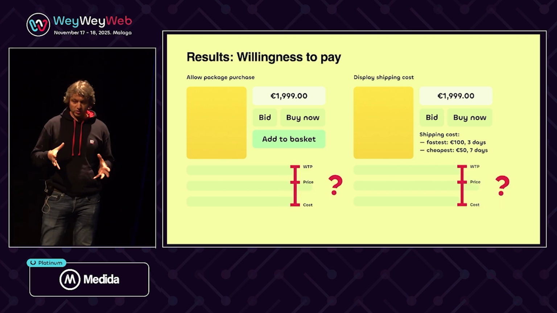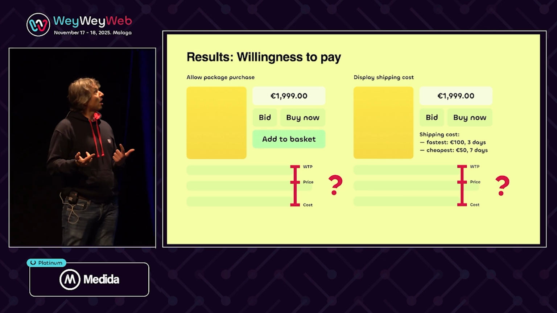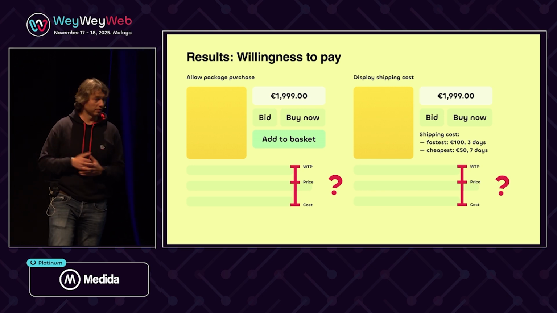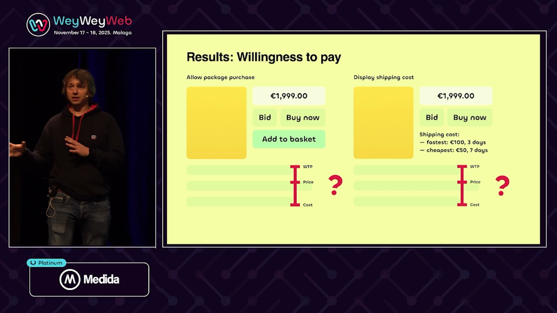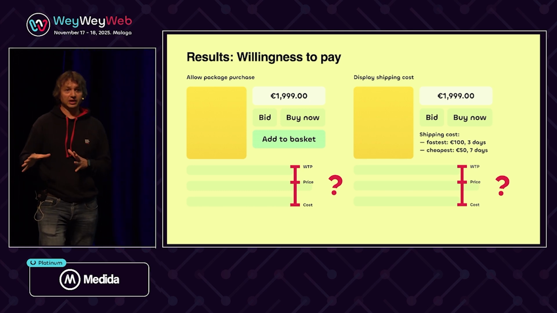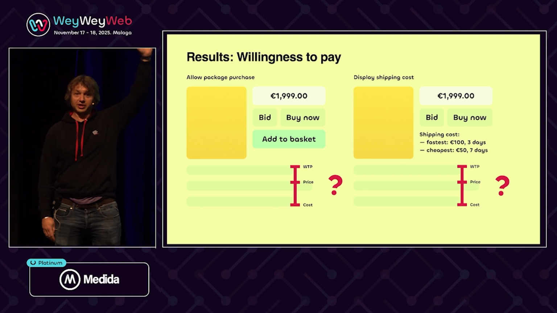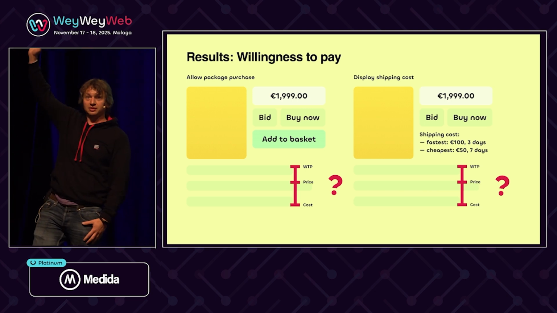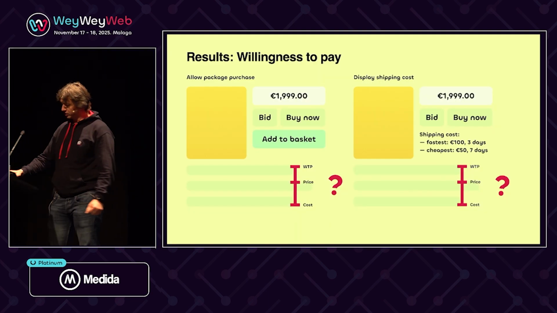But the cost is only part of the equation, and more importantly, the question is, what will impact the willingness to pay on a bigger scale? So let me check the intuition. Who thinks that the packaging feature is more valuable? Raise your hand. Okay. Who thinks it's shipping cost? All right. I think more people are thinking about shipping cost, and it's a great intuition, by the way, because when we built